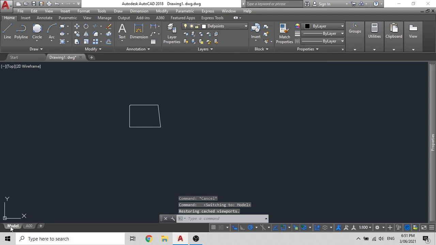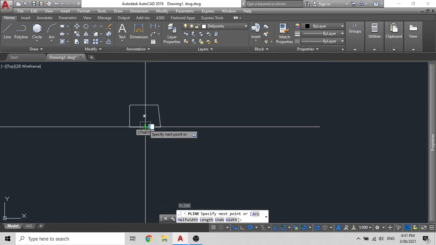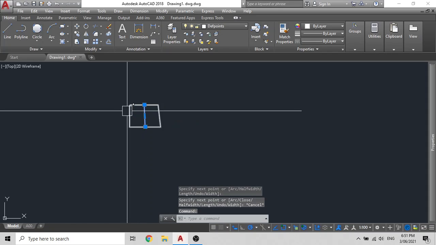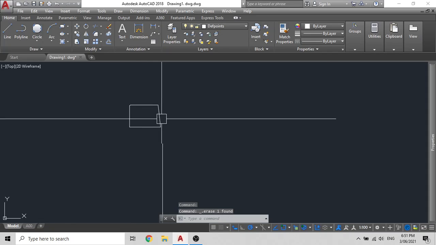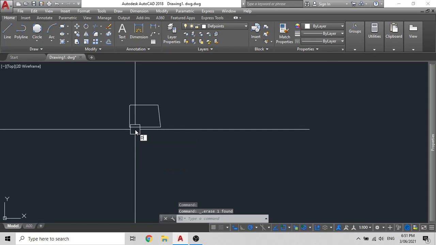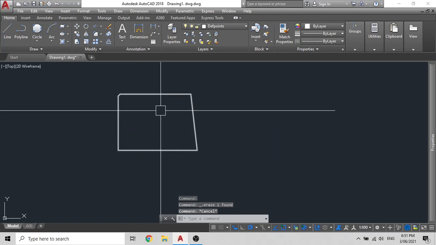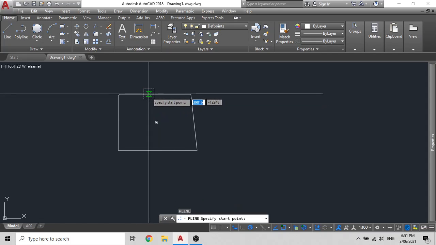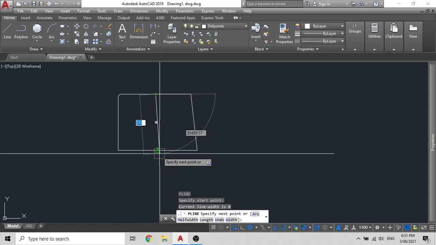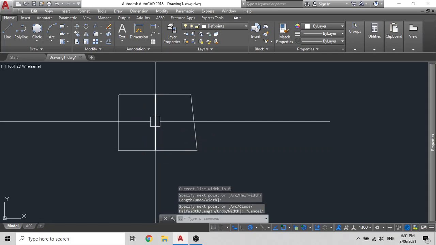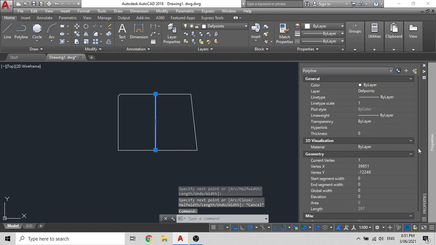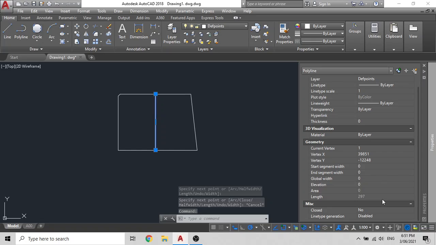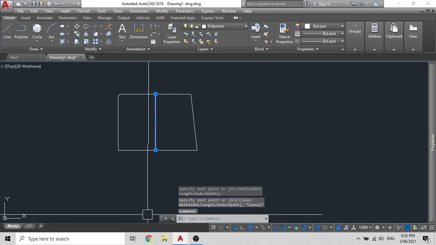Now the next thing that we will do is use the divide command. A divide makes your work easier. You don't have to enter your distances every time. So let's say I wish to divide this line in the middle. Let me draw that line. You'll draw your line, and then if you wish to use a calculator, you will click on these properties, then go to the length, and then enter it in your calculator.